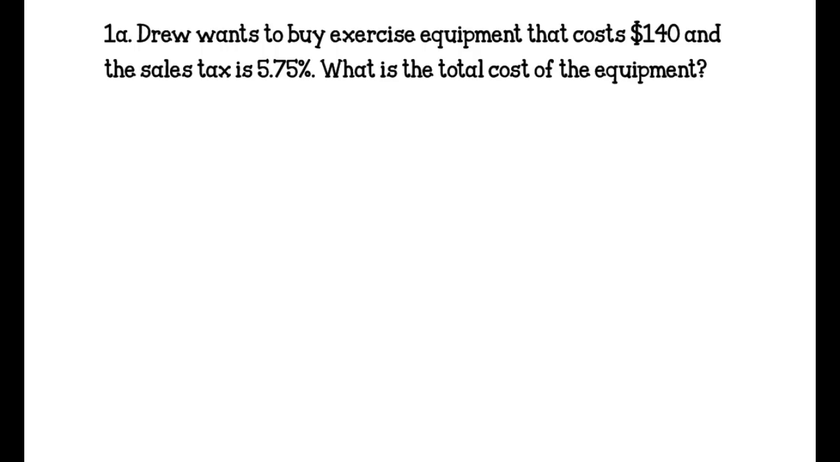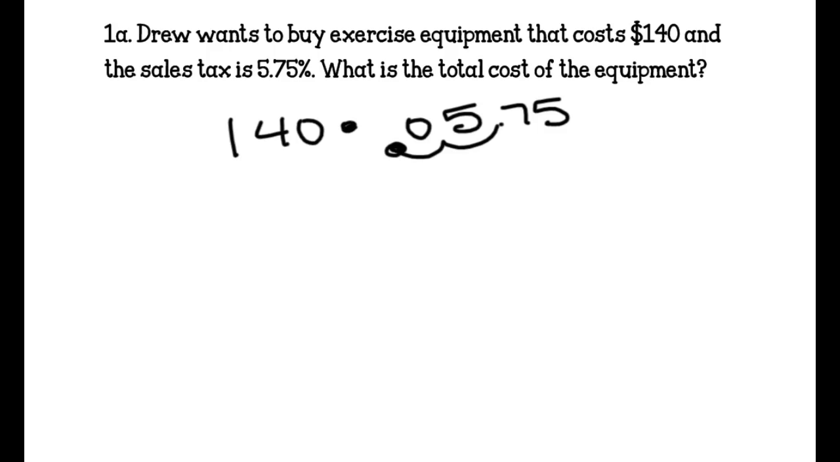Okay, 1A. Drew wants to buy exercise equipment that costs $140, and the sales tax is 5 3/4%. What is the total cost of the equipment? So we take $140, and sales tax is 5 3/4% of the 140. So we do times, and we never use a percent. We always use it as a decimal, so we have to move it over 2. So we take 140 times 0.0575, and when we do that, we get